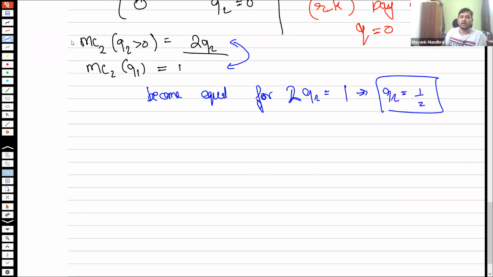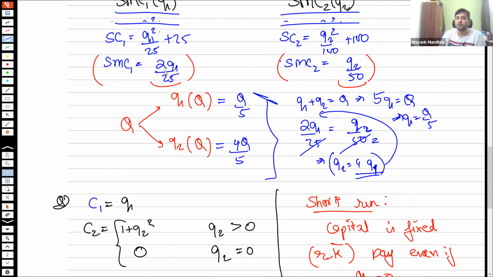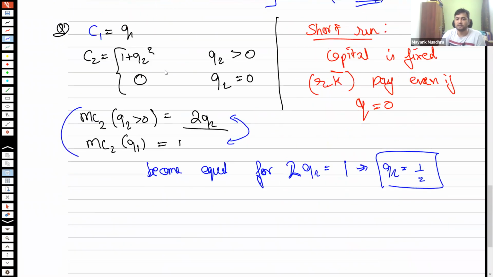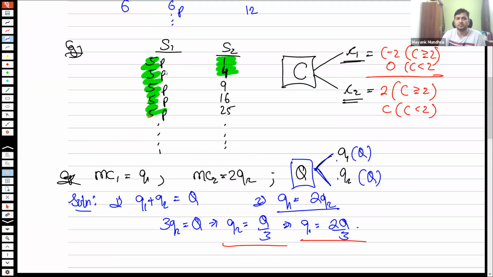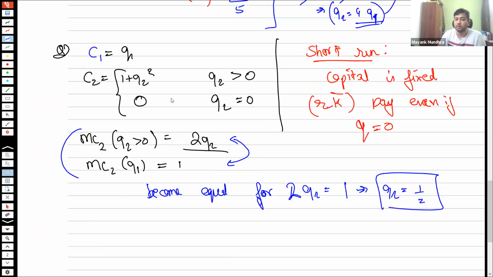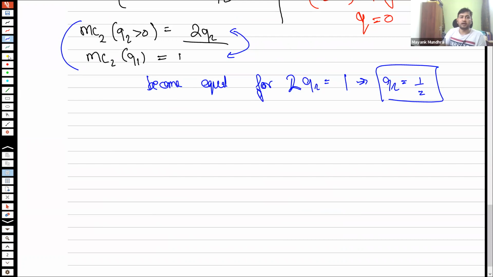So right now we have these two numbers. MC2 is 2Q2, MC1 is 1. So this is similar to a situation where one SIM card's calling cost keeps on increasing, whereas the other SIM card's calling cost is constant. Okay, so let's represent this with the help of a graph. So if I were to draw a graph here,